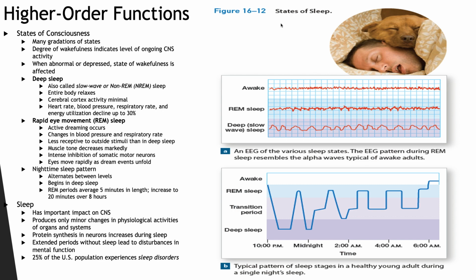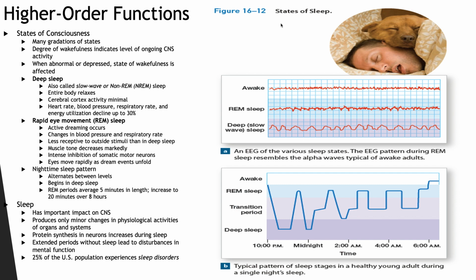Periods of REM and deep sleep alternate throughout the night, beginning with deep sleep for about an hour and a half. Rapid eye movement periods initially average about 5 minutes, but over an 8-hour night, they gradually increase to about 20 minutes. Each night, we probably spend less than 2 hours dreaming, but variation among individuals is significant. For example, children spend more time in REM sleep than adults do, and extremely tired individuals have very short and